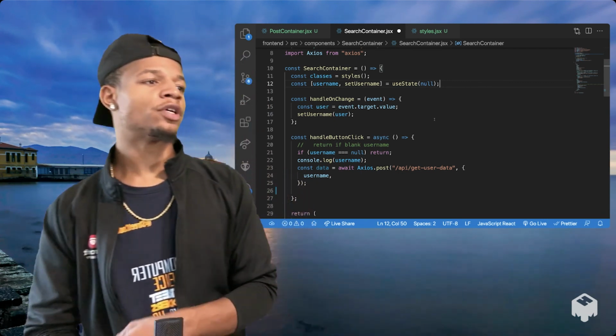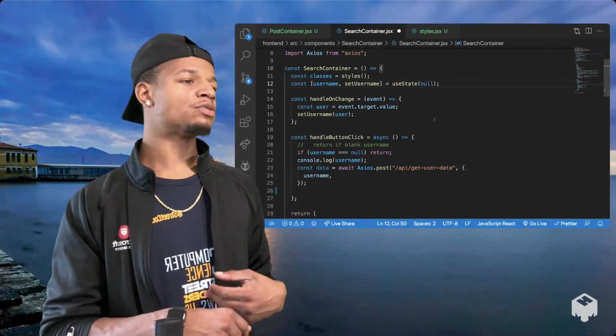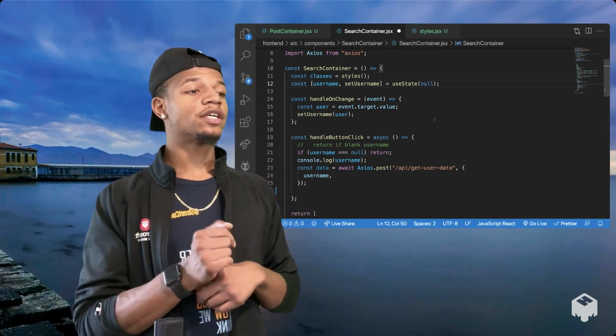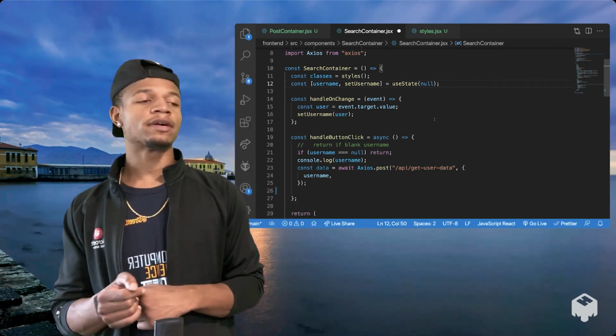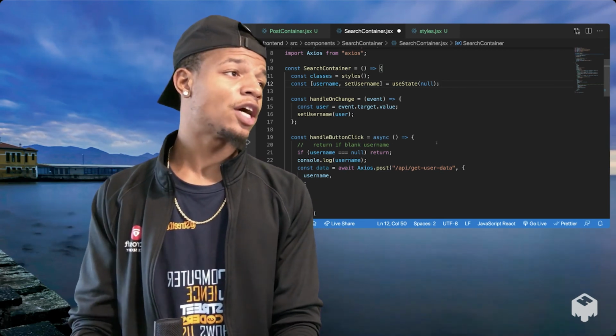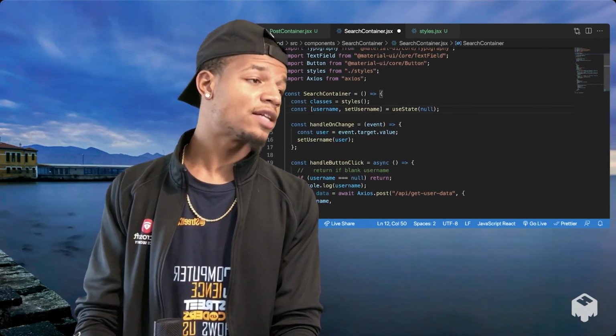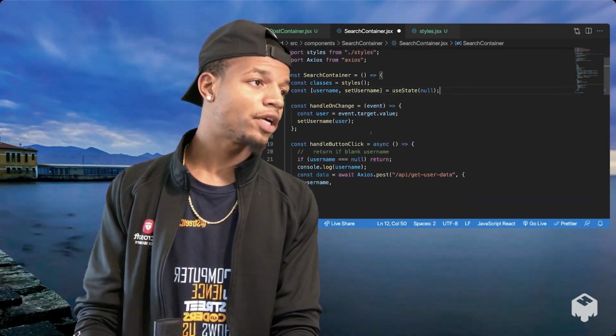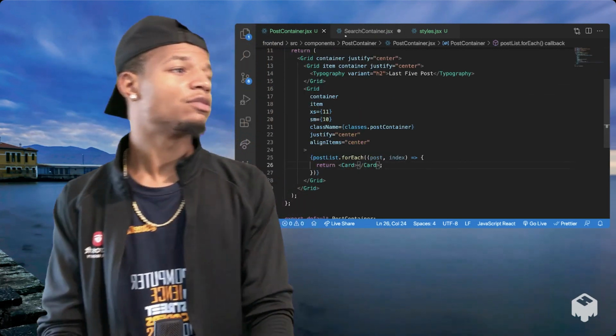So how are we going to do that? Because these two don't even speak to each other actually. So these two are going to need to interact with each other somehow. How are they going to interact with each other? It's just going to have to be through the parent. It has to be through the parent. So therefore,